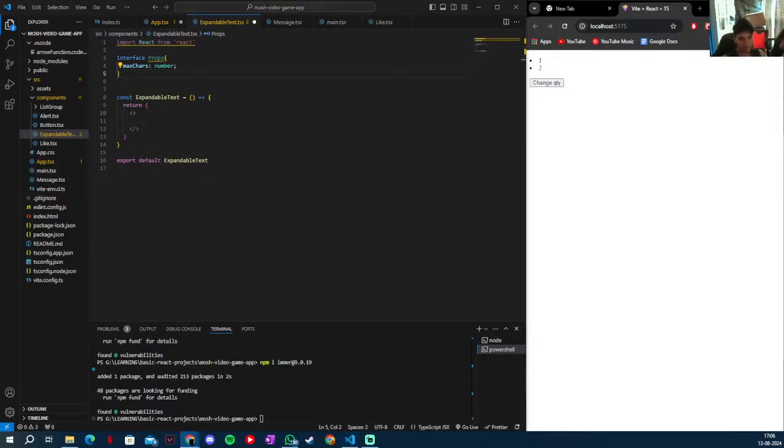And this component will summarize the text for us. Now, by default, we only see the first 100 characters, but this can be configured using a prop. So here we can set max chars to, let's say, 10, and now we only see the first 10 characters. Now, if the text is